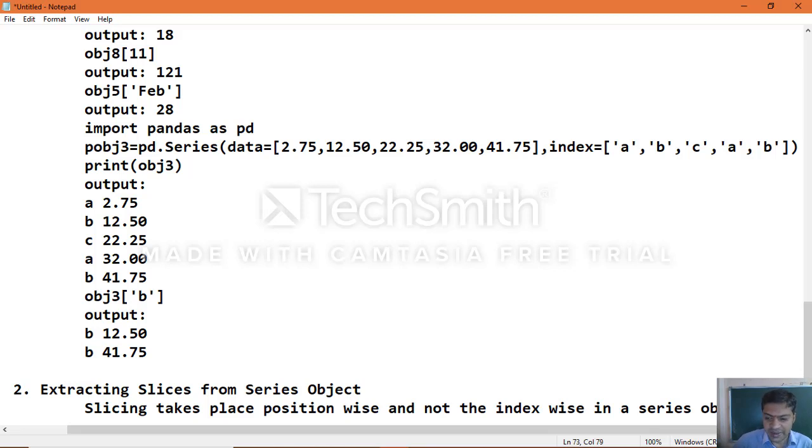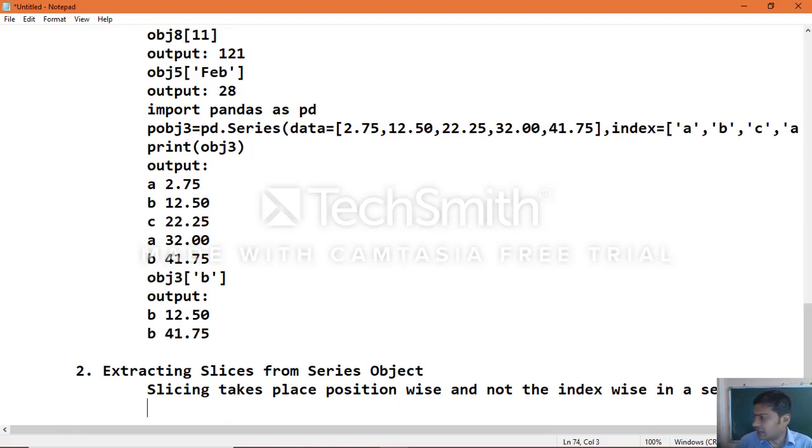Okay, let's see the example, then you can understand. Object 5, the data which we have seen.